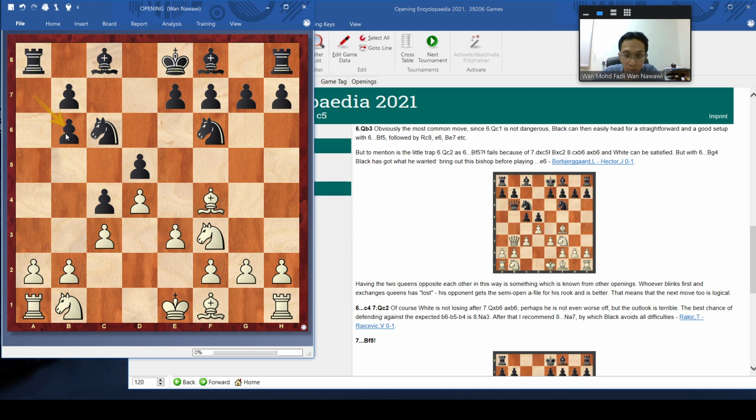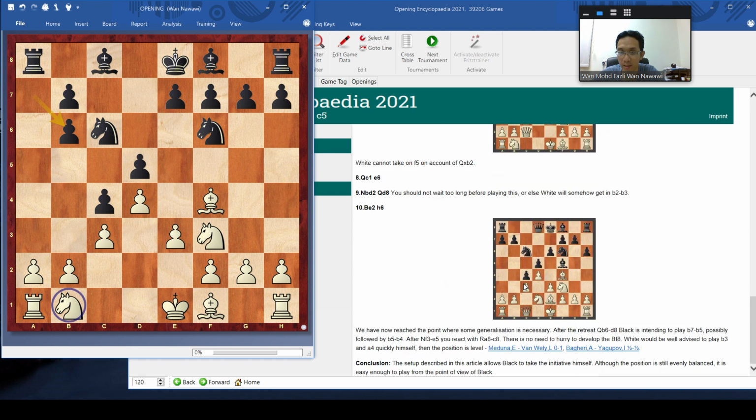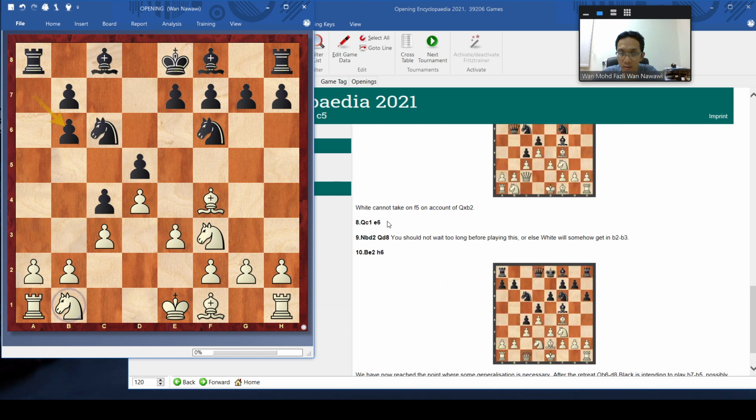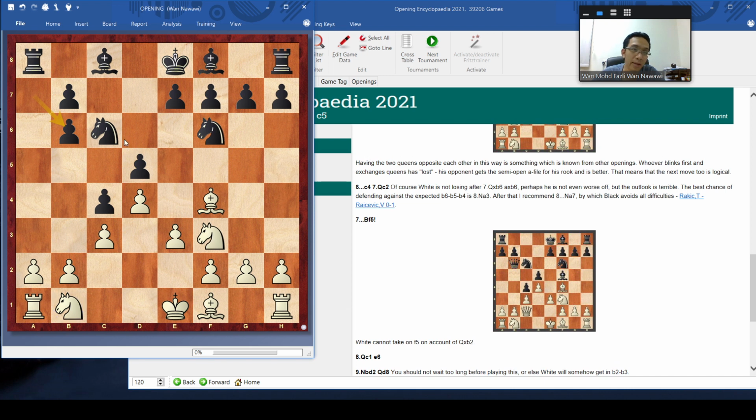Okay, now at this moment, what to do, what is the plan for each side? So it's queen d8, so this is not taking lah. Normally here the idea for black is quite clear. The knight will go here.